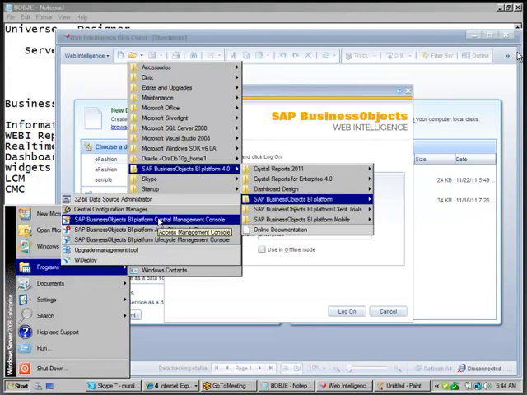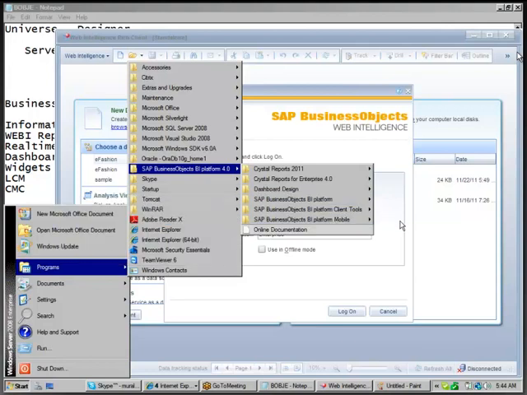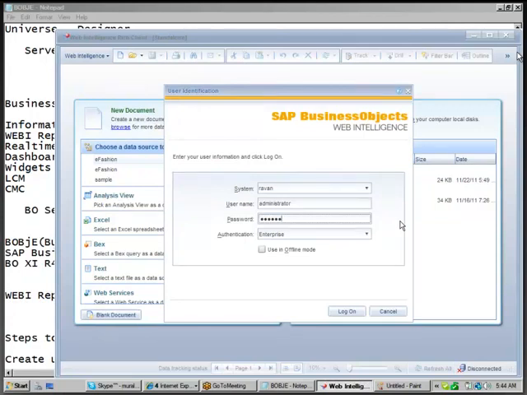Once the administrator has created a user account using CMC, you can access your Information Designer, enter that username and password, connect with BO, and create a universe. Later, once you have created your universe, log out from the Universe Information Designer and log on with the rich client with the same username and password.